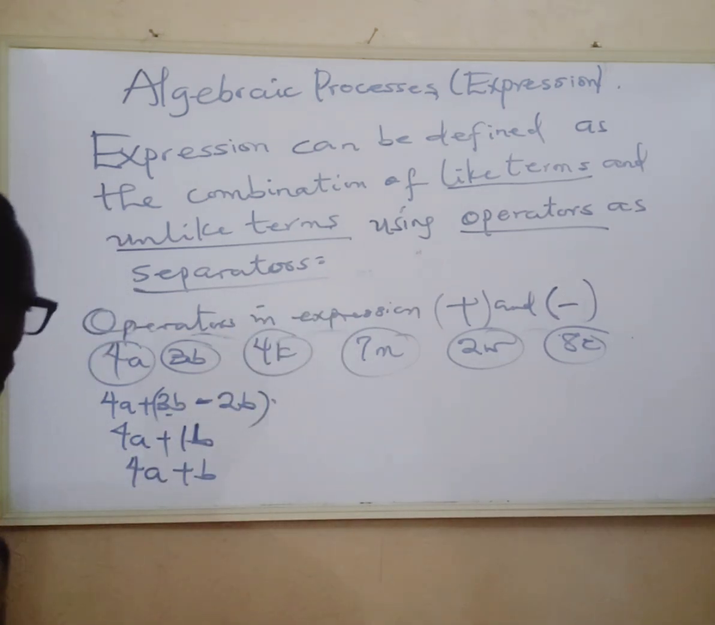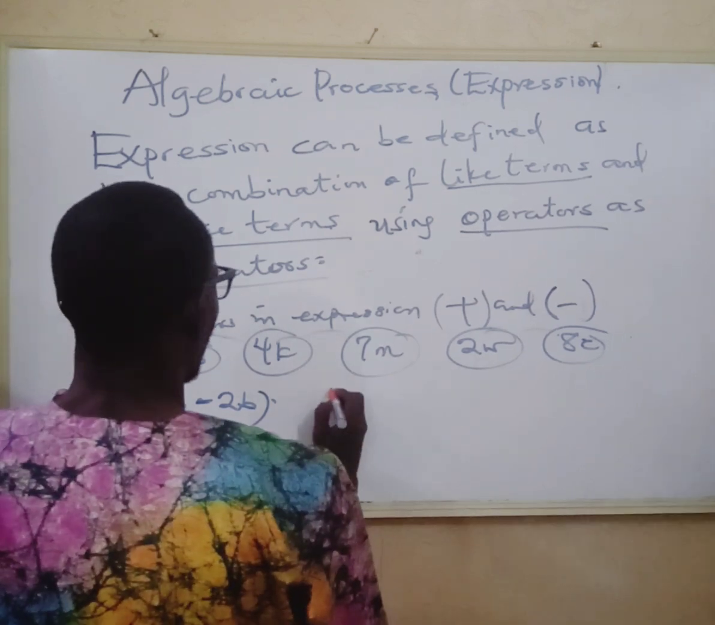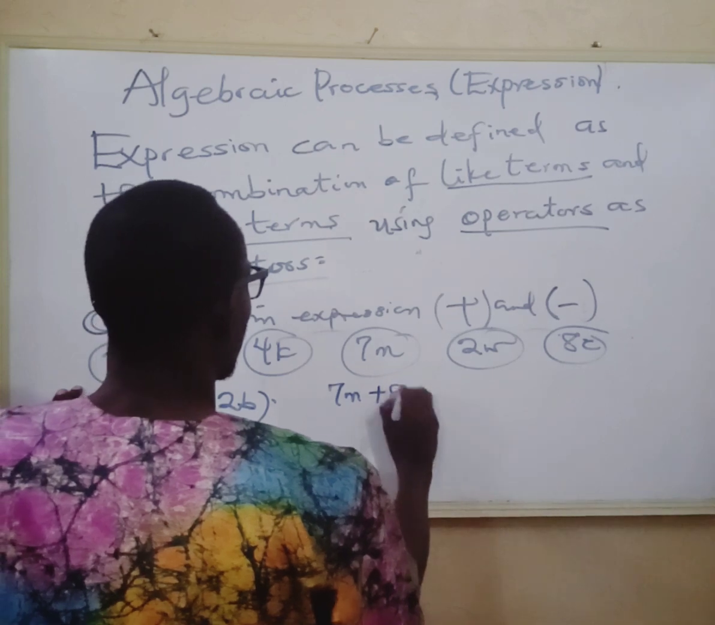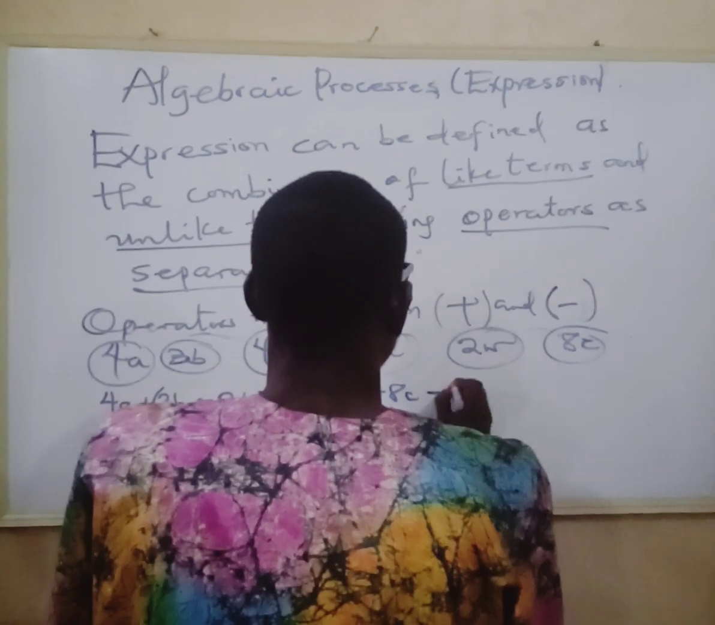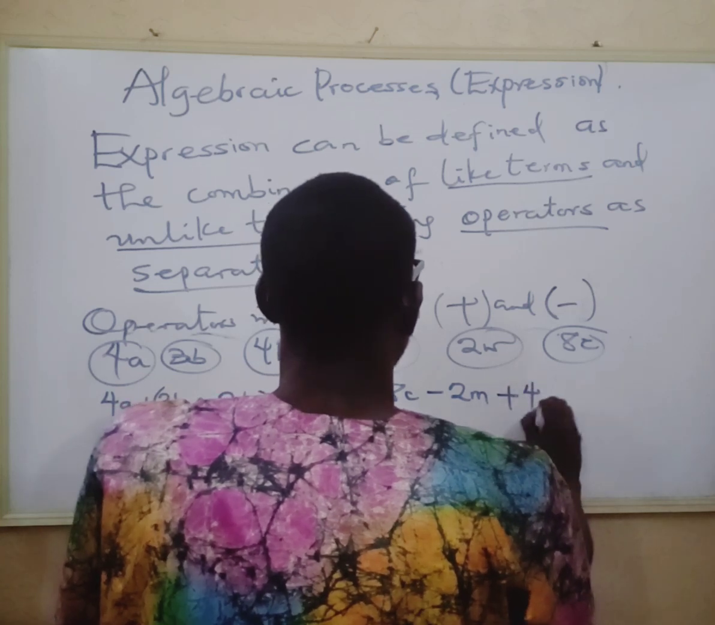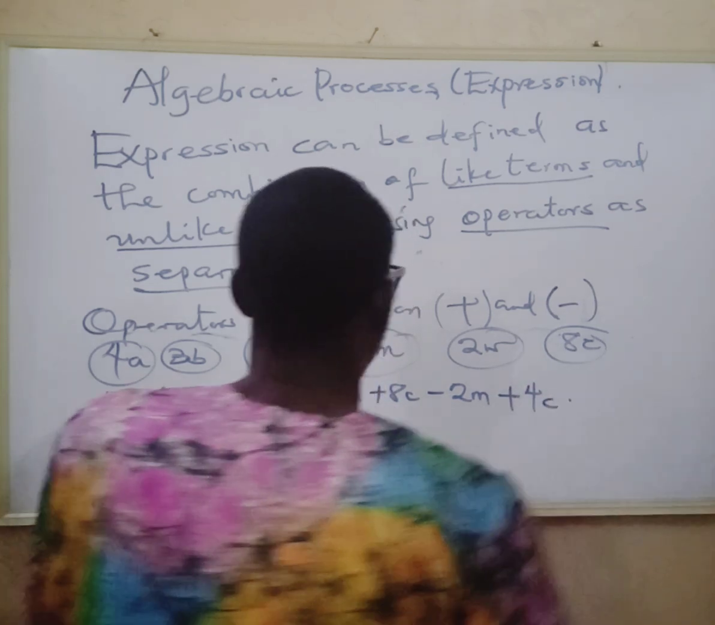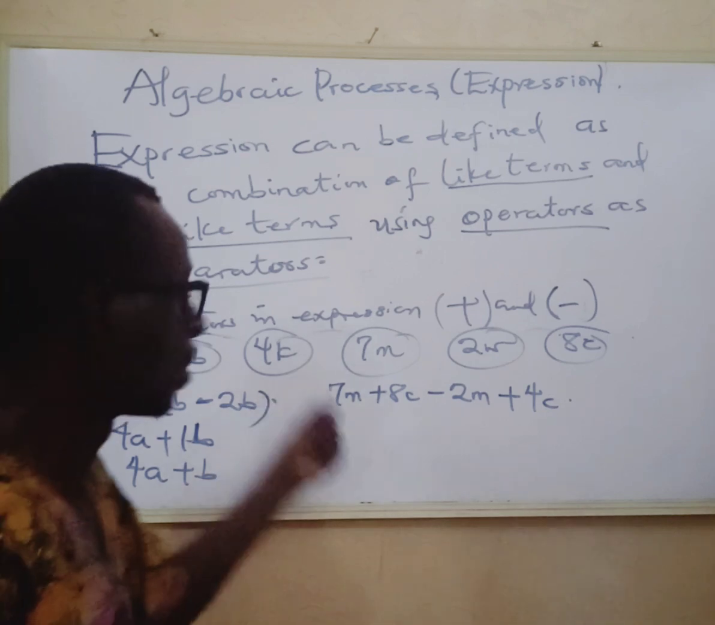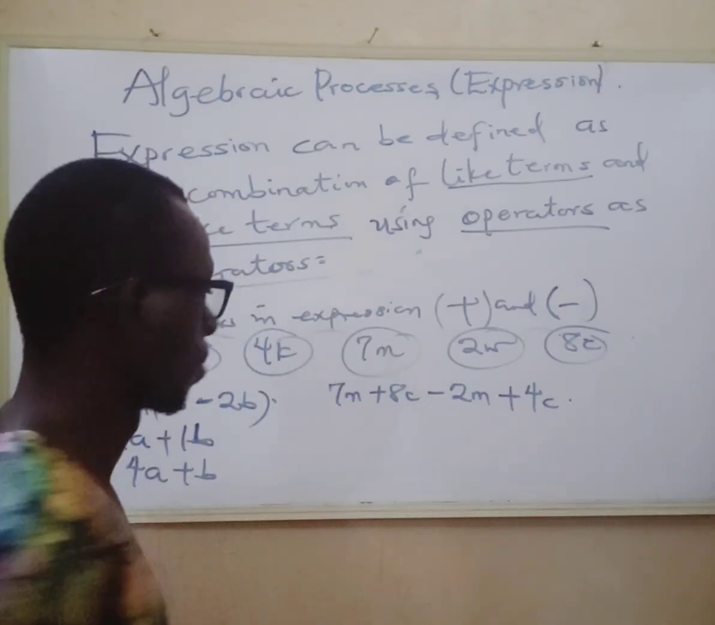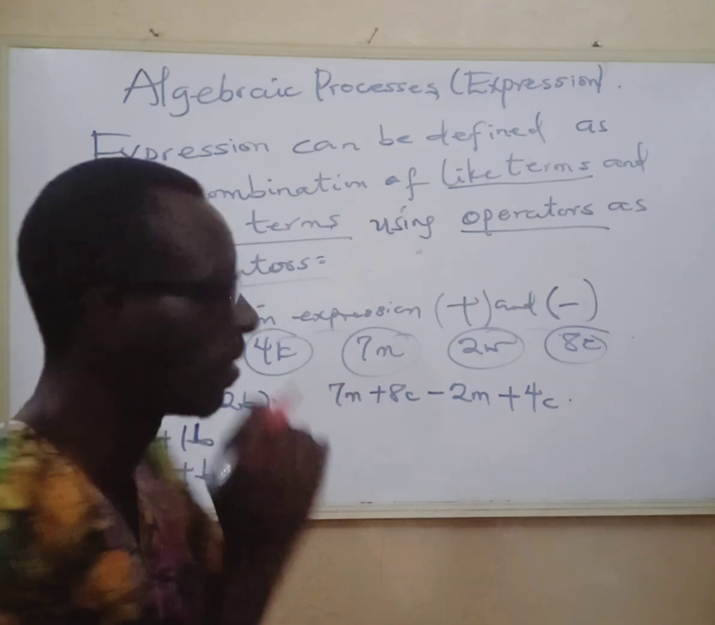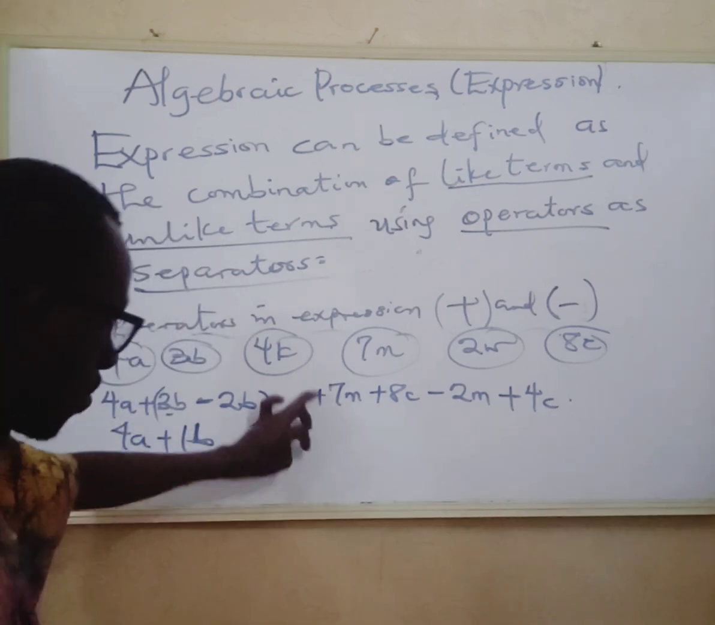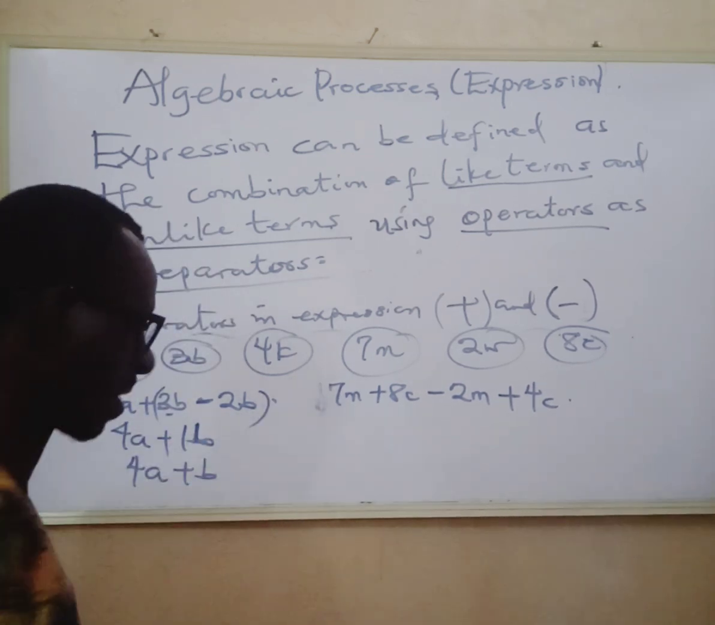And also, let's take, for example, we have 7m plus 8c minus 2m plus 4c. We can see that you have combinations of terms with positive and negative separators at each point of the term. Recall that we said 7m is the same thing as plus 7m, don't forget that. But we don't have to put that now because that's the first term